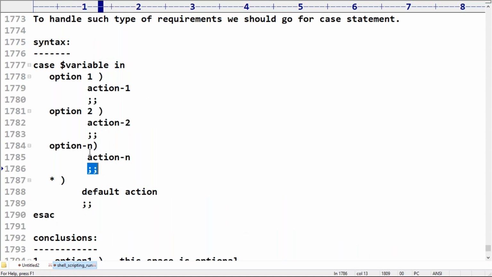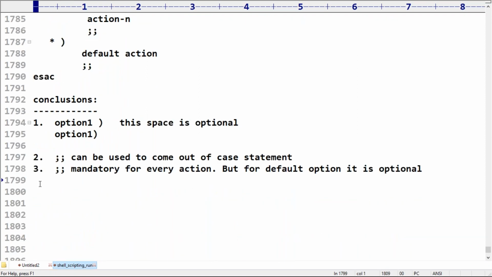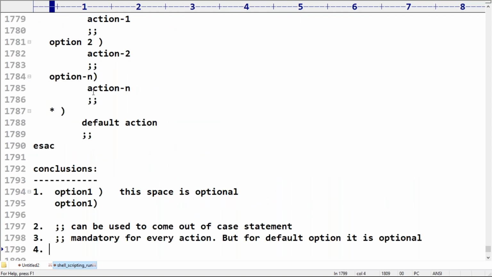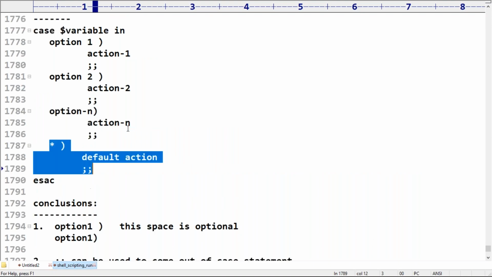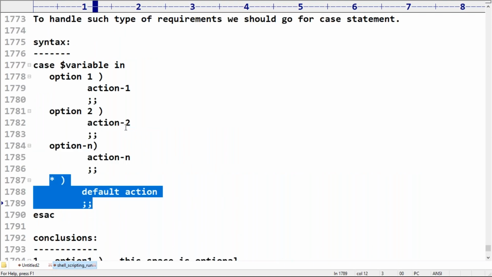Remember this carefully. Next, the fourth important conclusion: the default option. Where do we have to take the default option? Can I take it anywhere, or only at the last? Please confirm.